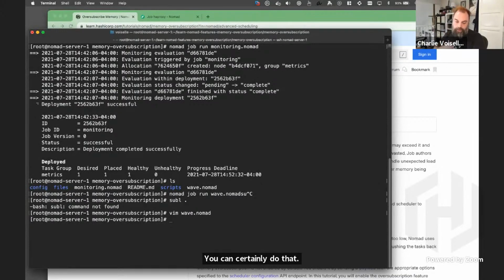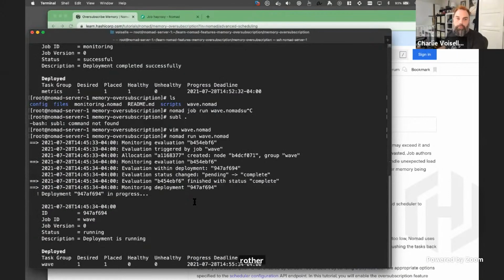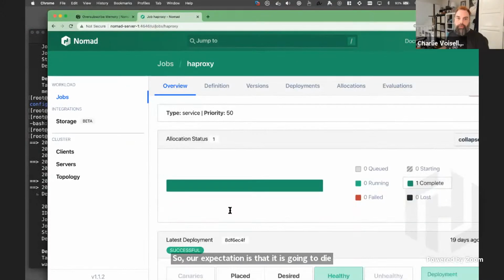Otherwise, it's hosted on my Docker Hub. Wave is going to use more memory than it is allowed, so our expectation is that it is going to die on run.